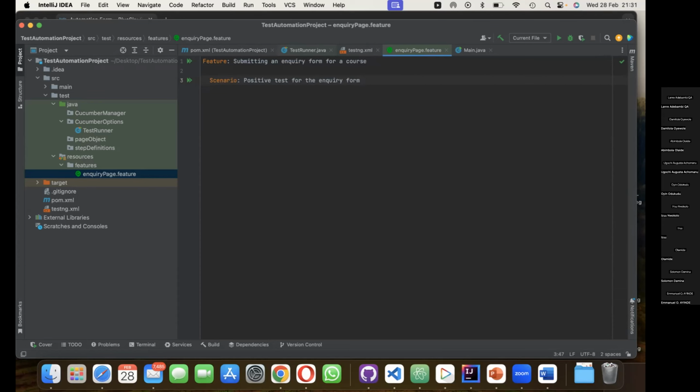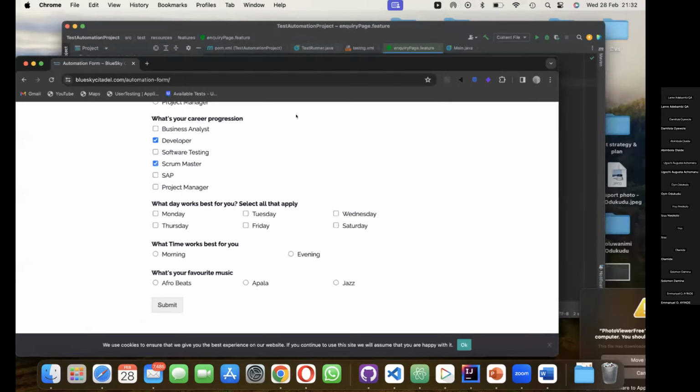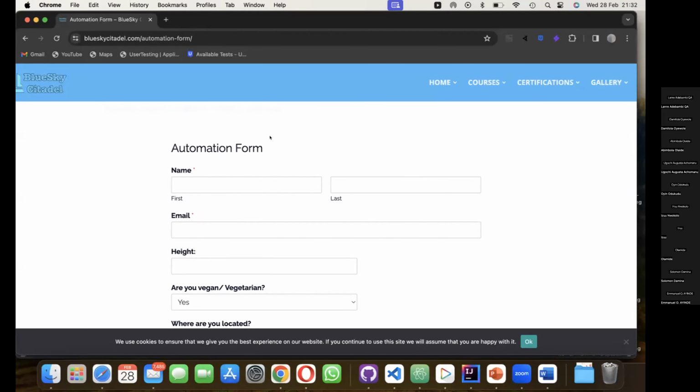Everything should flow through. So now that I've done that, I'm going to take us back to the website and I'm going to tell you what the steps are meant to look like. So, where's the website again? So it's going to look something like this. So this is how my Gherkin step is going to look like. Given I navigate to the website